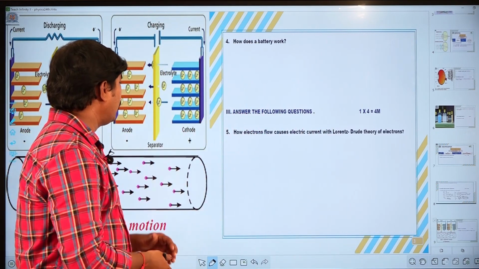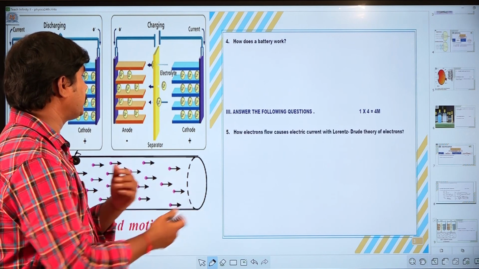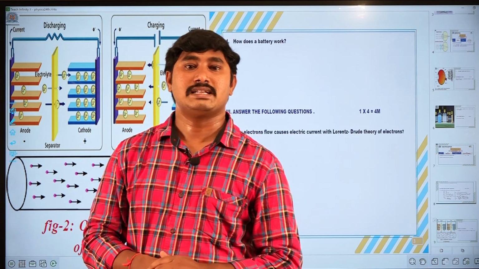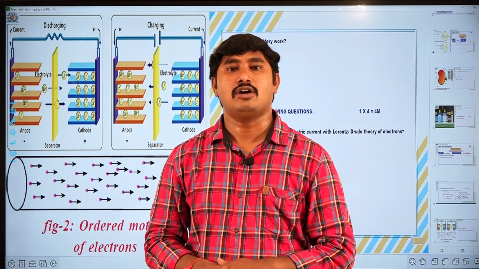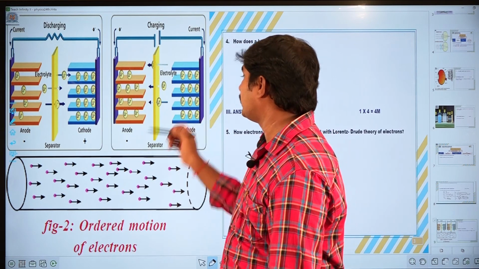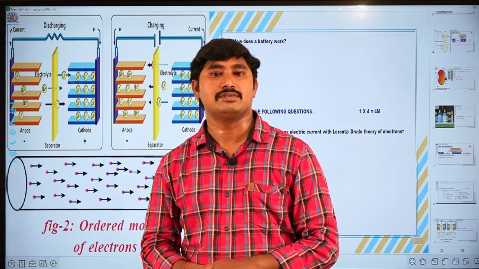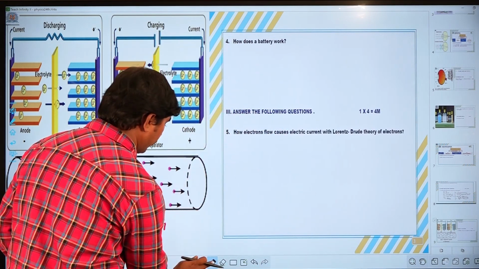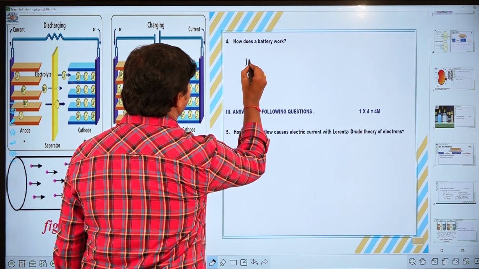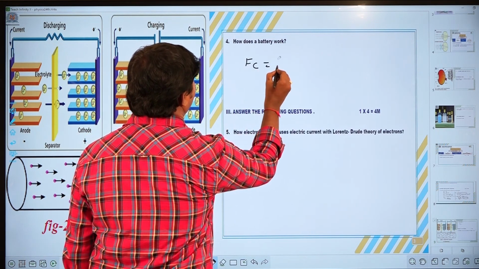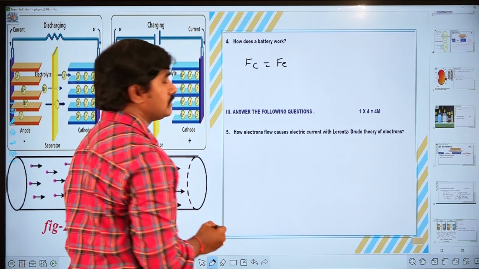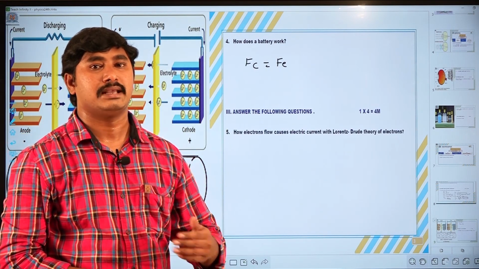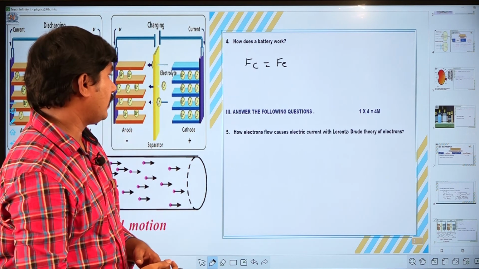After satisfying this accumulation, the ions give some electrical force, that is Fe. This Fe is in the opposite direction of the chemical force. If Fc is equal to Fe, what happens here? If the chemical force Fc is equal to the electrical force Fe, then at that time the electrons do not move from any place, which means there is no motion of the electrons.